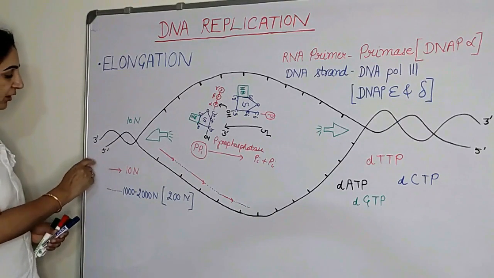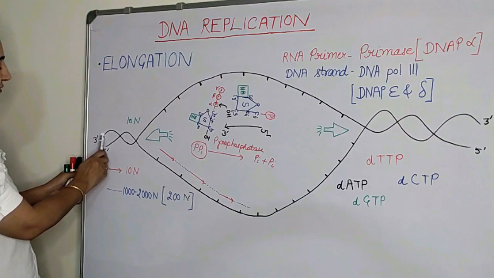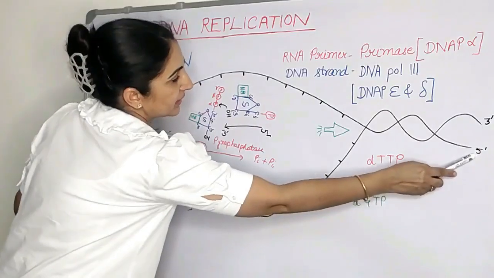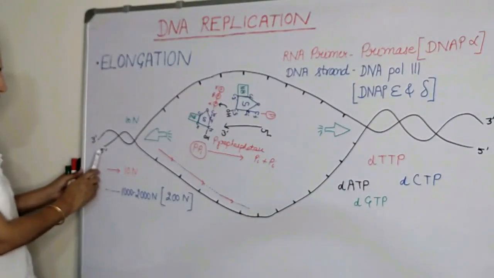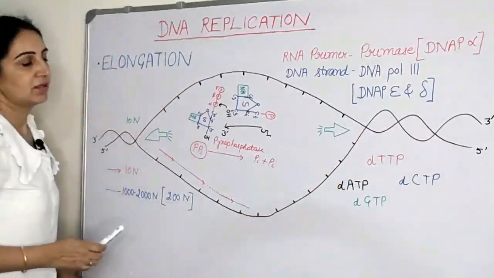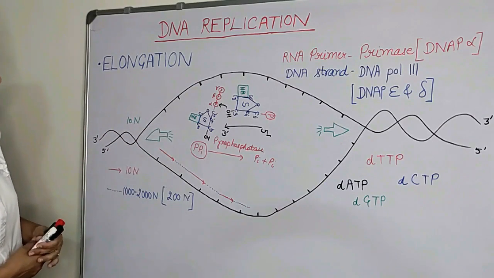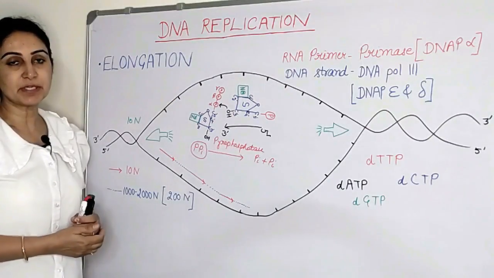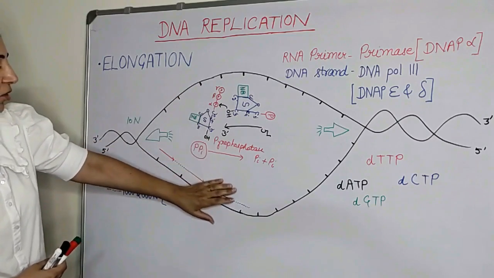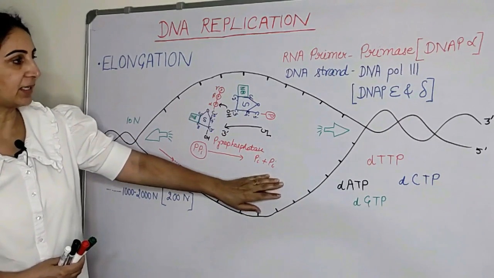Suppose this is the DNA molecule. As we all know, this is a double stranded structure. So this is one strand which goes from 3' to the 5' end here, and this is the other strand which goes from 5' to the 3' end here, because we know the two strands of the DNA molecule are anti-parallel to each other. Now in the process of initiation we have already opened up these strands. So this is the structure now. Now we have this area where the process of DNA replication can occur.